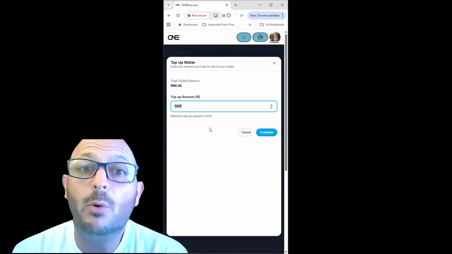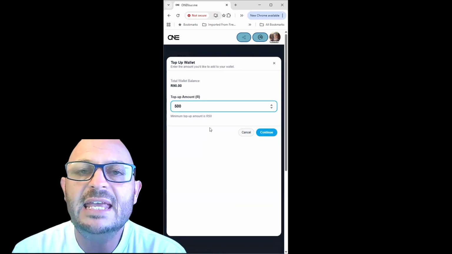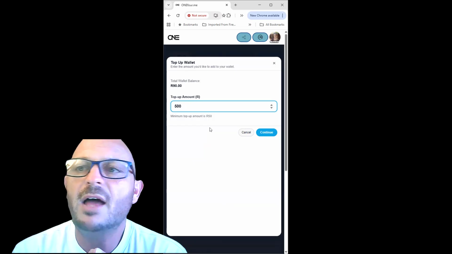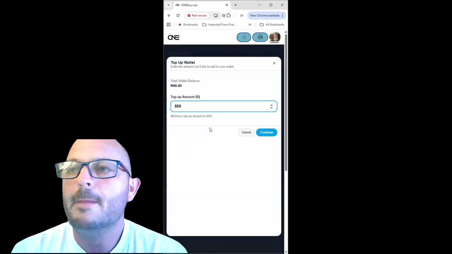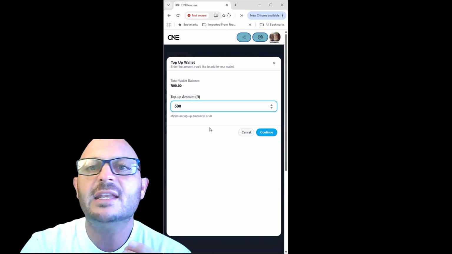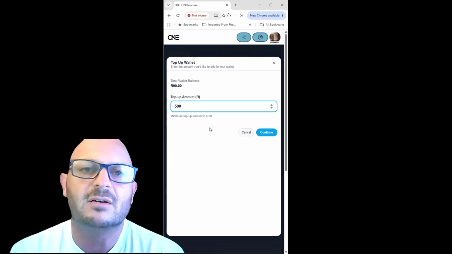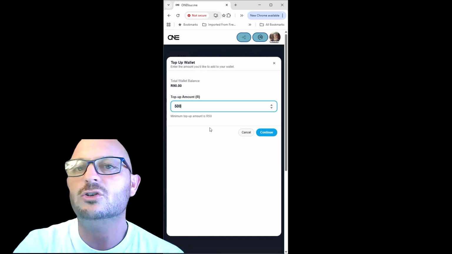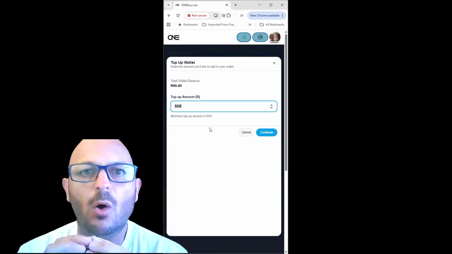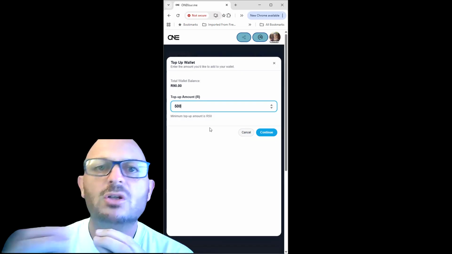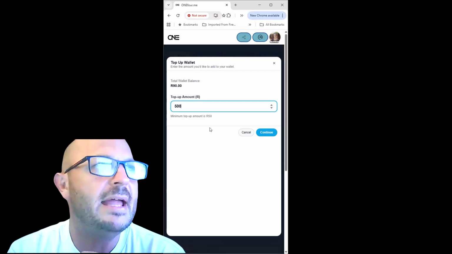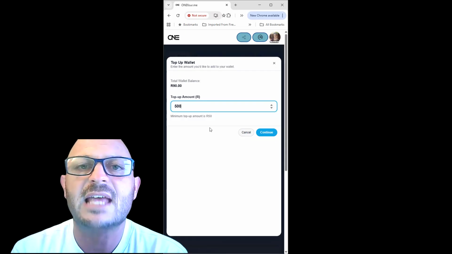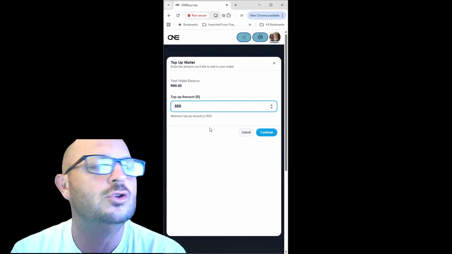Another reason why you want to top up your wallet, maybe with more money, is because you want to support someone else in the business. So you are managing yours and some other accounts. So then what you want to do is you want to put money, transfer money into your wallet, and then from your wallet, just transfer it into those accounts that you are managing just to keep those accounts active. And that's all you need to do.